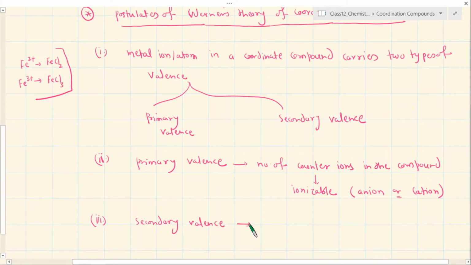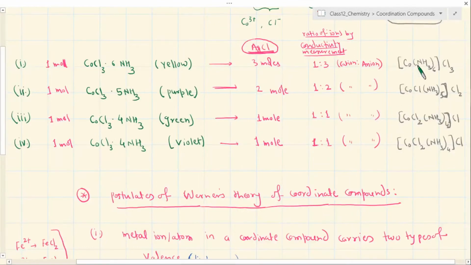And that represents something else. Metal has another kind of linkages with some other groups or ions also. For example, in this compound we can see there is 1 Cl and 5 ammonia. They are connected or linked with this cobalt here. Okay, this is what is called secondary valence. Primary valence in this compound is 2 Cl, which are outside, correct? So for this compound the primary valence will be 2 Cl, but the secondary valence will be 1 Cl and 5 ammonia. For this compound the primary valence is 3 Cl and secondary valence is 6.